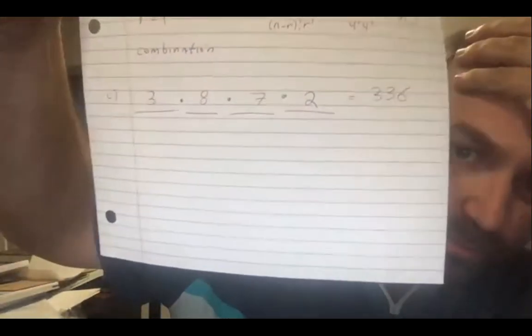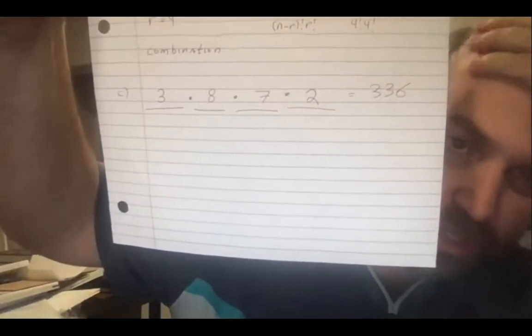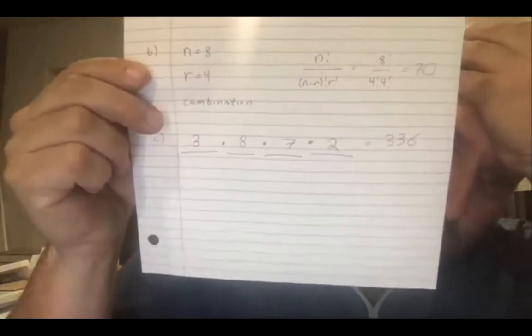So does that make sense for that question? Wait, hold that up one more time, Professor. Sure, or Solaire can show hers, but okay, that's fine. 3 times 8 times 7 times 2. Thank you. Right? And notice how I even write out slots for each choice. And then I write down how many options there are for each one. The key,